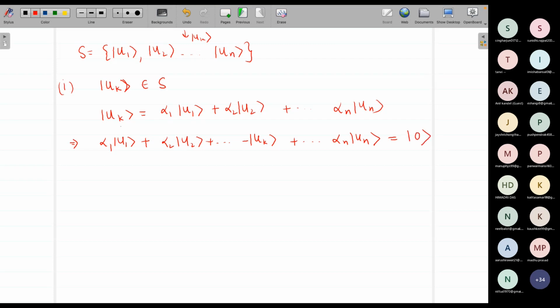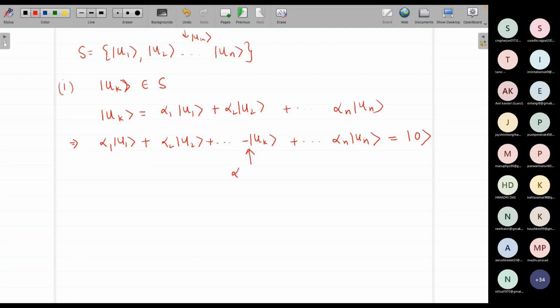So all I did was take this vector uk to the right hand side, and hence you are left with the zero vector, or you can think of it as adding the additive inverse of uk on both sides, so that your equation looks like this. Now this is the form of the equation which we were discussing yesterday. If one of the coefficients of any vector is non-zero, then the corresponding set will be